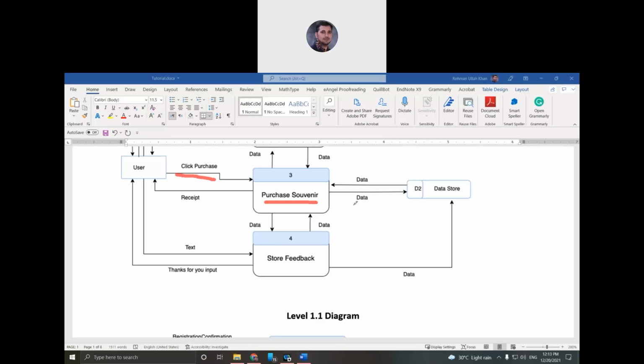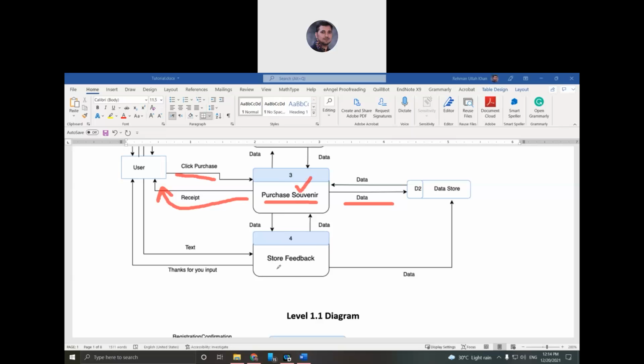Okay, during this process it may get some information from another data store. Okay, and once this process is completed, the user will get a receipt. So how this process will complete, will reach until the receipt, you see it needs further detail. So for the further detail, I will break down this process in the next level to explain how this purchase process will happen actually.